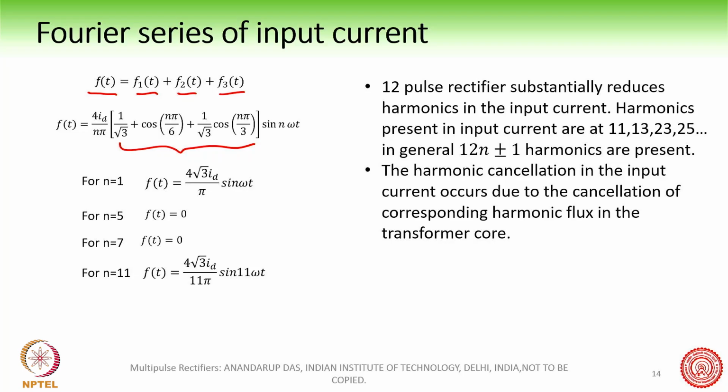So now let us put the values. Put n equal to 1. If I put n equal to 1 in this expression, we get f(t) equal to 4 root 3 Id by pi into sine omega t, right? This we will directly get. Now if you put n equal to 5, what will you get? You will get 1 by root 3 plus cos 5 pi by 6 plus 1 by root 3 cos 5 pi by 3. So what is the value here? So 1 by root 3